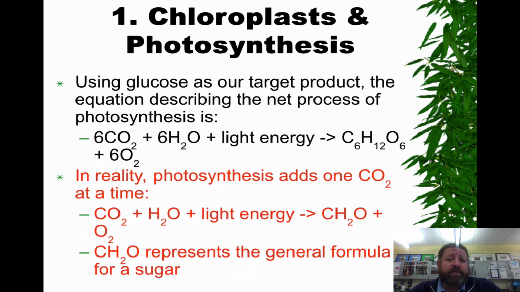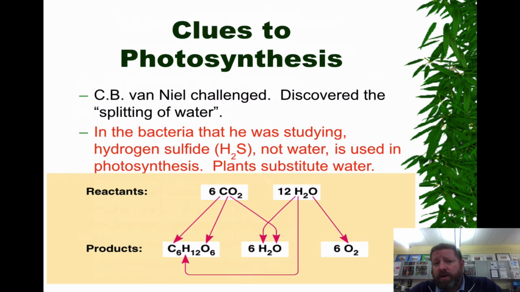So the basic formula: 6 CO2, 6 water, some sunlight, arrow there, in the presence of some type of enzymes. There's a series of enzymes that will drive the process of making C6H12O6, glucose, plus 6 oxygen molecules. And these oxygen molecules can then be released into the atmosphere as waste, or they can be used inside the plant for respiration. Once again, we'll talk a little bit more about this as we go in class.